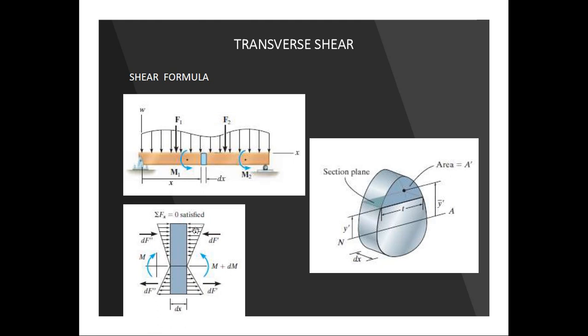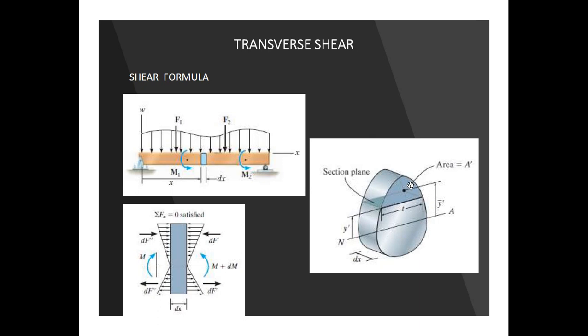If we talk about this cross section, and you want to calculate shear stress at some point, at this line basically, at any point you can calculate the value of shear stress. So we are calculating shear stress at this line, which is at a distance y from the neutral axis. First of all you have to calculate the depth of the neutral axis, and after that you can calculate the moment of inertia about the neutral axis. Then after that you can calculate the shear stress. Let's see how it is being derived.